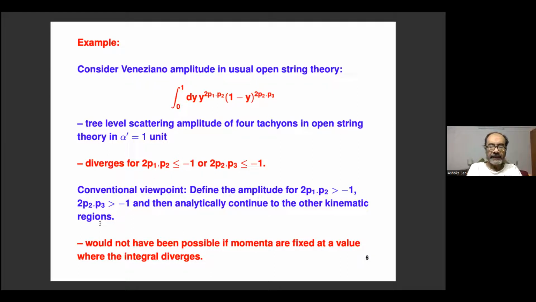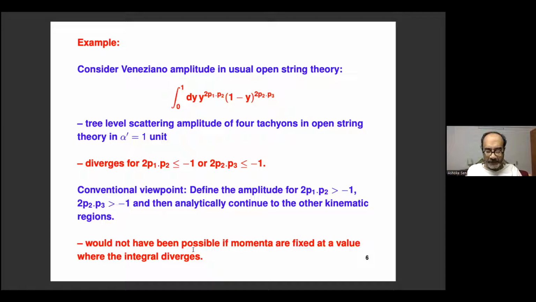In the case of this four-point amplitude, this can be implemented manifestly by writing this in terms of ratios of gamma functions. But more generally, this is the procedure that one follows, that we use the method of analytic continuation in defining amplitudes. But clearly, this would not have been possible if momenta are fixed at a value where the